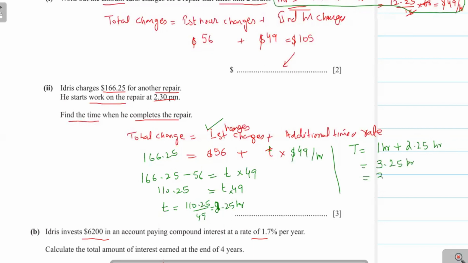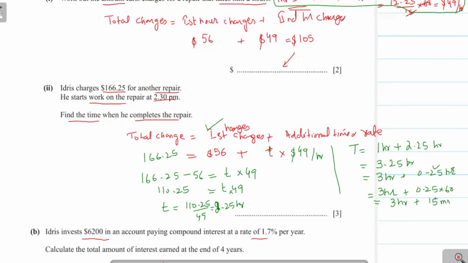Now we write here 3 hours plus 0.25 hours. We convert 0.25 hour into minutes. Therefore 3 hours plus 0.25 multiplied by 60,